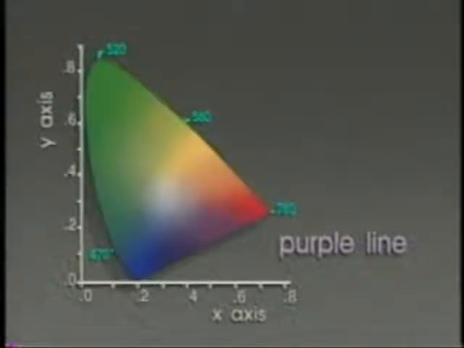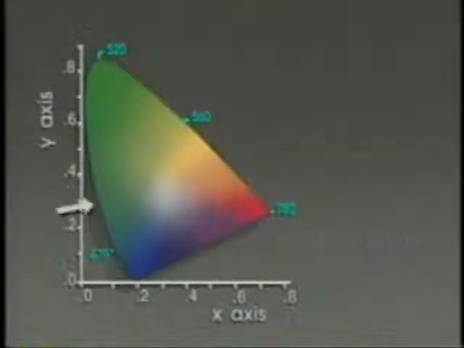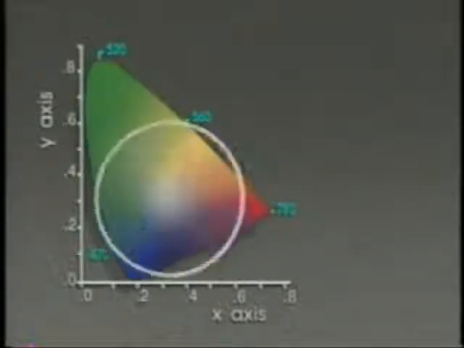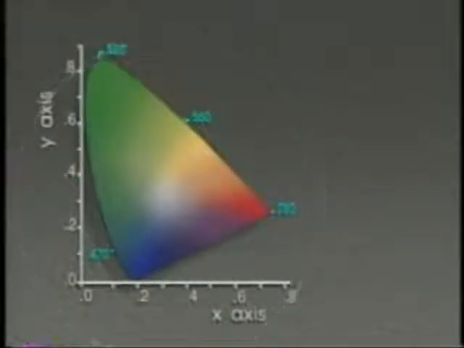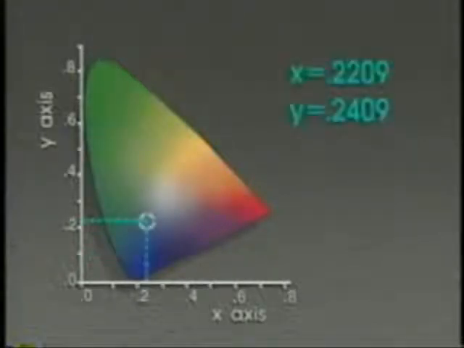All real colors plot inside the chromaticity diagram. The hues of the spectrum can be seen along the curved perimeter. Chroma increases outward from the neutral point near the center. As we have seen, we can plot the hue and chroma aspects of a colored sample in terms of its